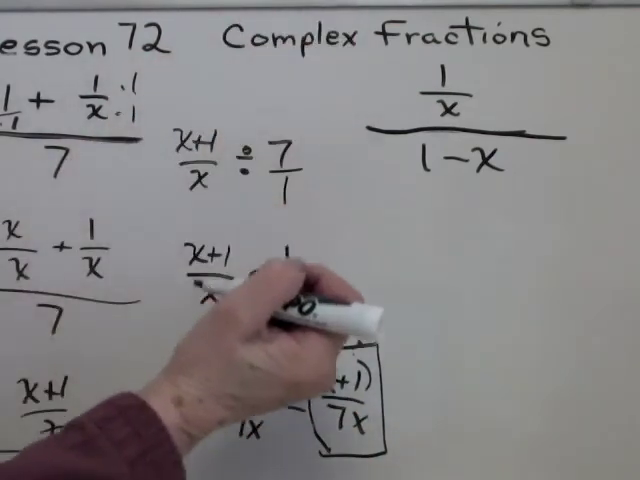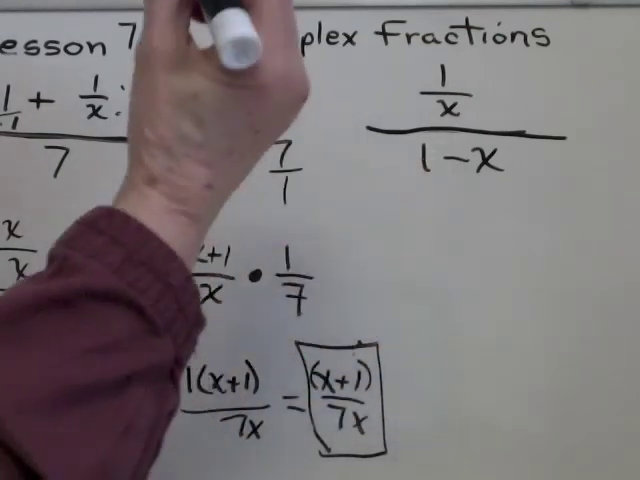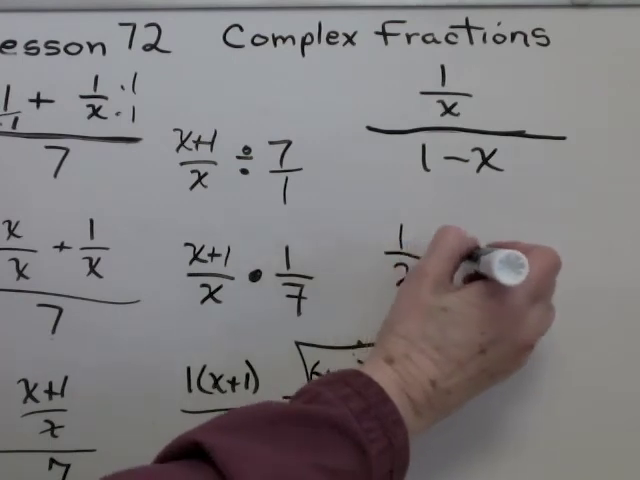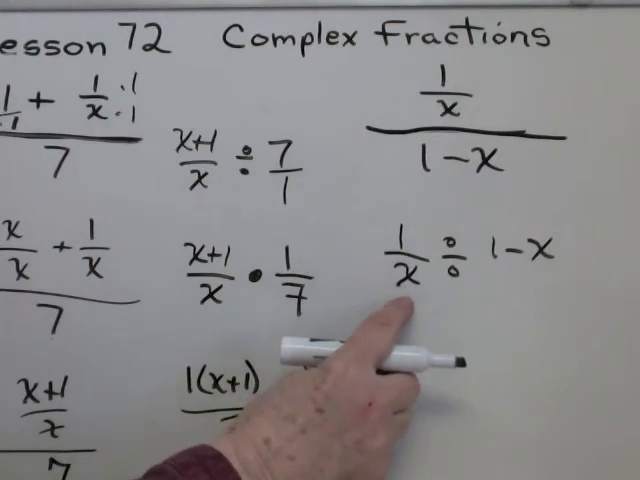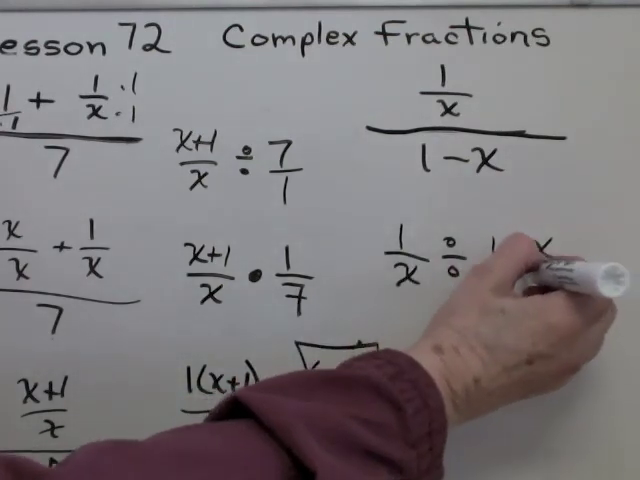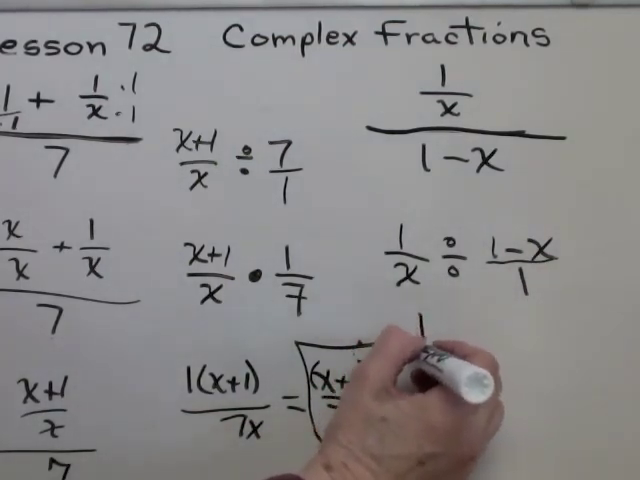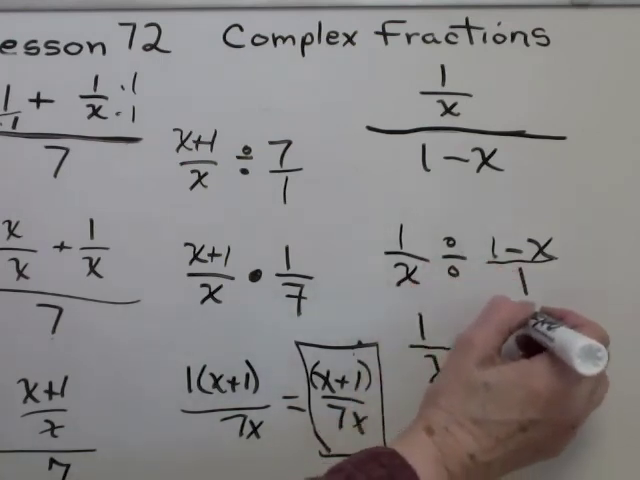All right, here's one more. Fraction on the top. The bottom's not a fraction. So it's the top, 1 over x, divided by 1 minus x. Well, if this is a fraction, I should make that a fraction. How about divide by 1? Now I have two fractions. What's the rule when you're dividing fractions? Write the first fraction, change the sign to multiply,